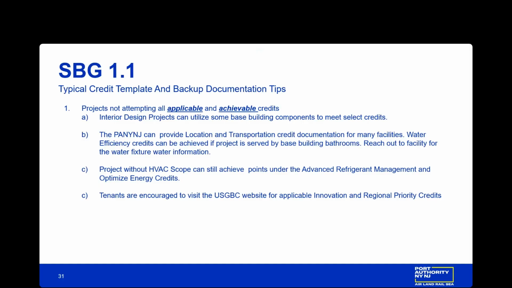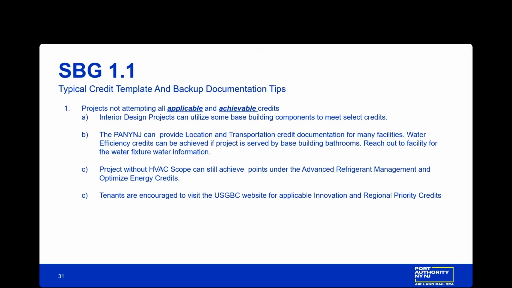Tenants are also encouraged to visit the USGBC website for applicable innovation credits and, very important, regional priority credits. Regional priority credits are basically free points, low-hanging fruit, that are given to the project based on its region. The USGBC prioritizes certain points depending on what region you are in. So definitely research,